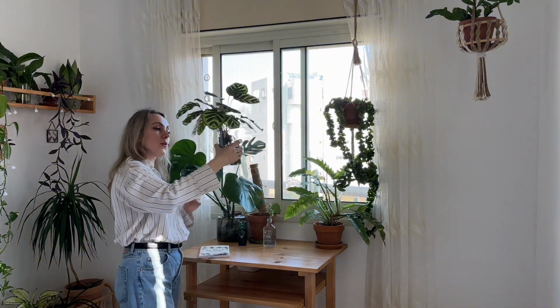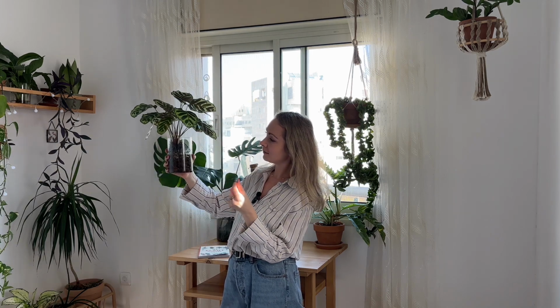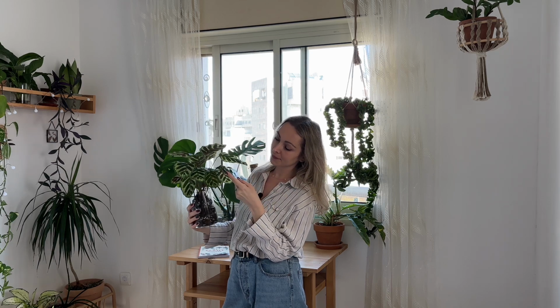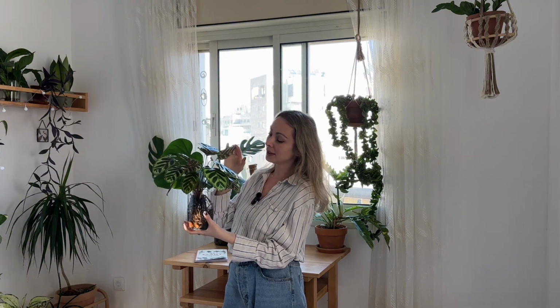I really don't know what to say about this Calathea makoyana. I am kind of lost with my Calathea, so if you have any good plant care advice, please write it down in the comments. Because I've had it in soil. Of course, it started with the browning of the leaves, but it did have some new growth, and